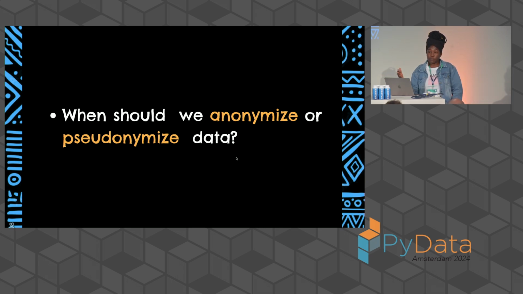You would want to trace back to this patient so that you know how to go about the next phases of treatment, right? So in that case, you do pseudonymization. But then when you don't want to trace back to that patient completely, you anonymize the data and you apply the Gaussian